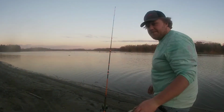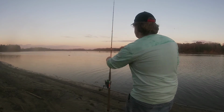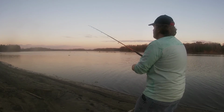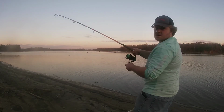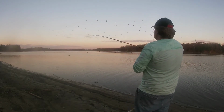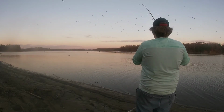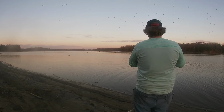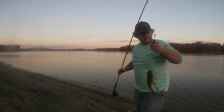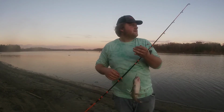All right, something weird is happening. I ran out of bait keepers for the stink bait, so I put out a piece of hot dog and Kool-Aid, and it's got some attention. Let's see what's going on here. Got him. Oh, look at all these birds. Hey, nice little channel cat. By the looks of it, the sun's gonna be totally down in a few minutes here,